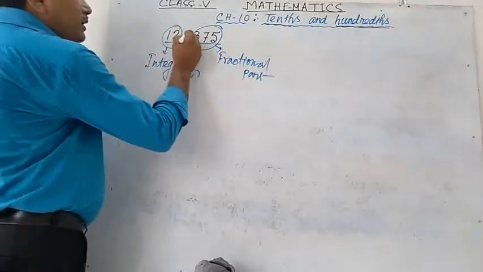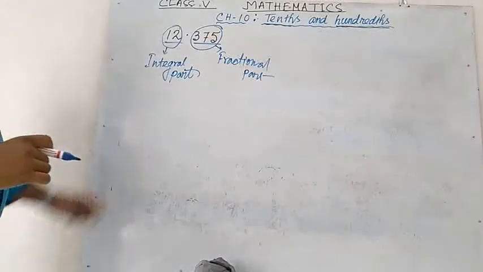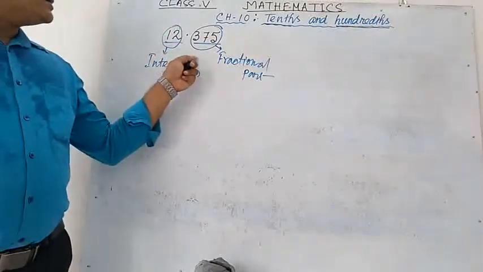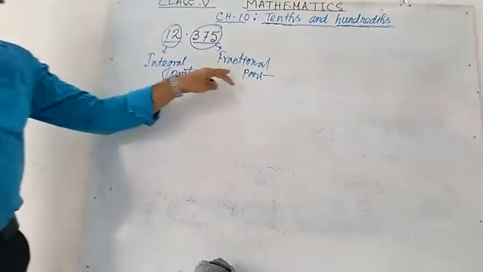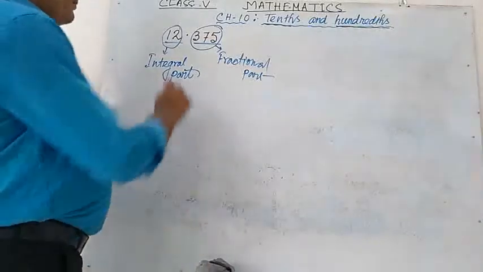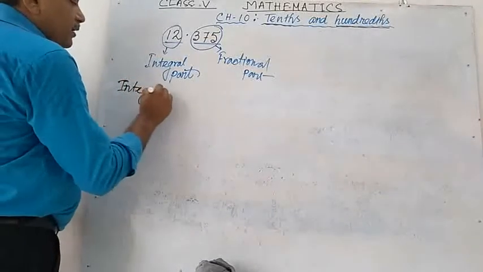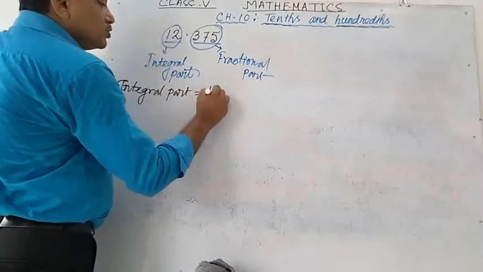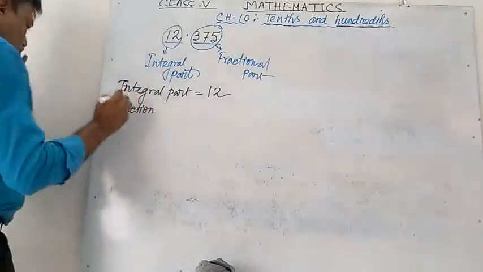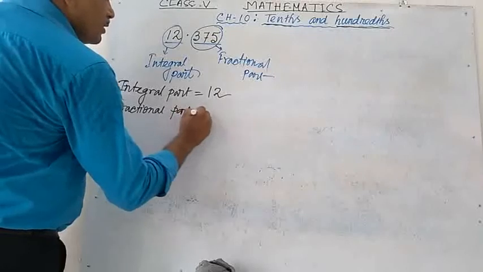So the part left to the decimal point is called the integral part of the decimal fractions, and the part right to the decimal point is called the fractional part of the decimal number. Now this 12.375, so what is its integral part? Integral part is 12 and fractional part is